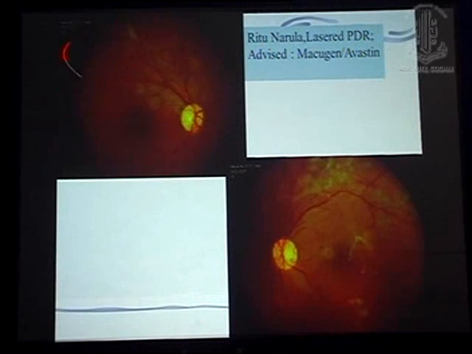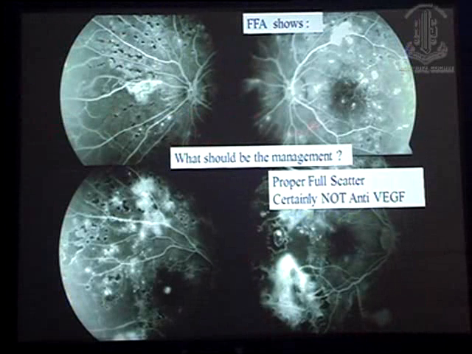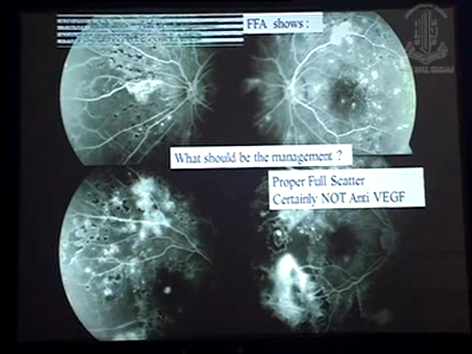This patient lasered, post-op FA, you see the inadequacy of laser. So this is not a proper scatter. You have a lot of neovascularization here and CNP areas here. So FA in post-laser patients helps you to tell you the adequacy of laser. So there is no rush to give anti-VEGF injection here. Although this patient was referred for anti-VEGF injection, this patient requires a lot of laser, a lot of good scatter laser is required.